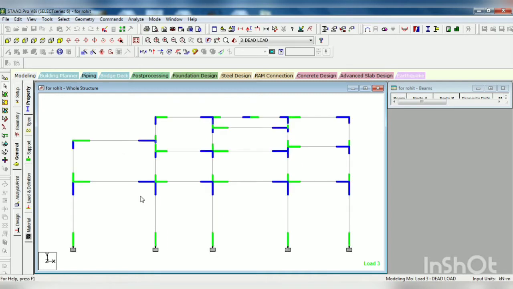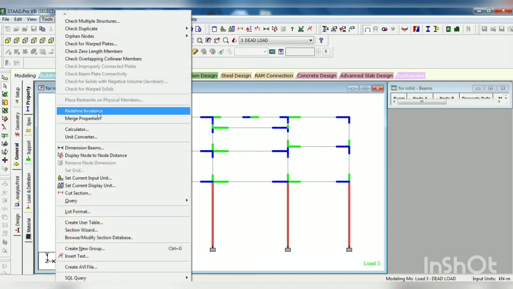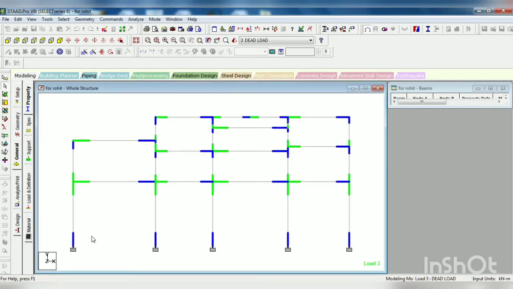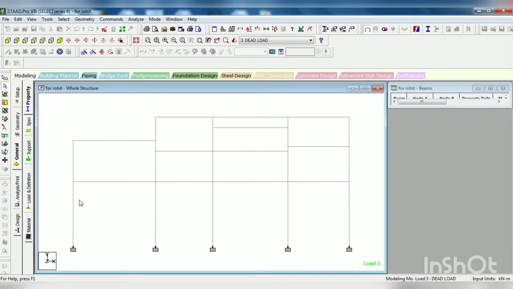Then a very important shortcut key is Shift E. Because of Shift E you can see where the start point and the end point of your member are. Sometimes when we translate repeat, we make mistakes. I will show you. If you select these members and go to Tools and here Redefine Indices. Sometimes we create our model in such a way that our end point is here and our start point is here. So this is not okay. You can check by pressing Shift E, where your start point and end point are.